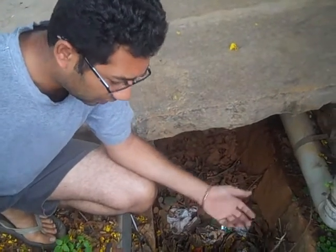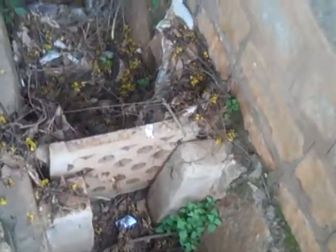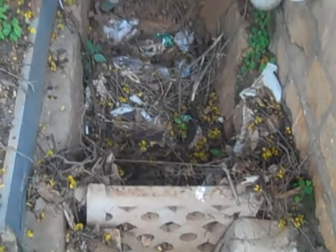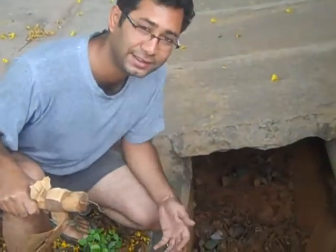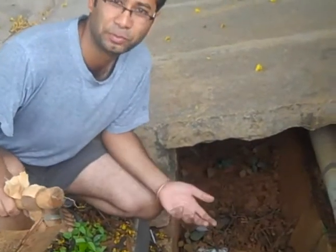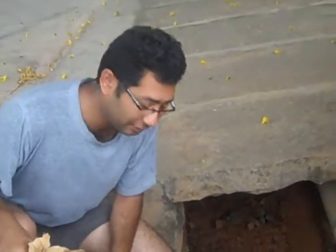So what one could be doing is, with this kind of a mechanical filter where all this accumulates, if one puts in that little effort to then take this and clean it, you clean the stormwater drain, you allow the water to flow well, you can also divert the water to a well inside your house. But apart from that, if we come here,